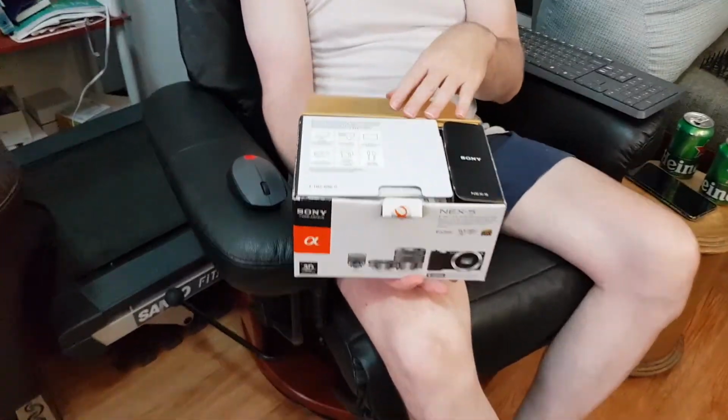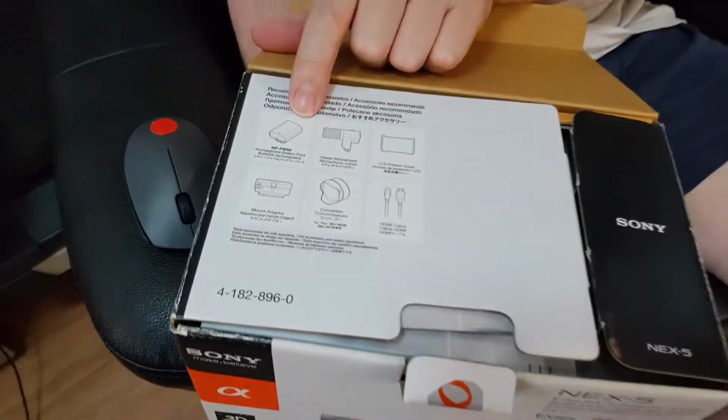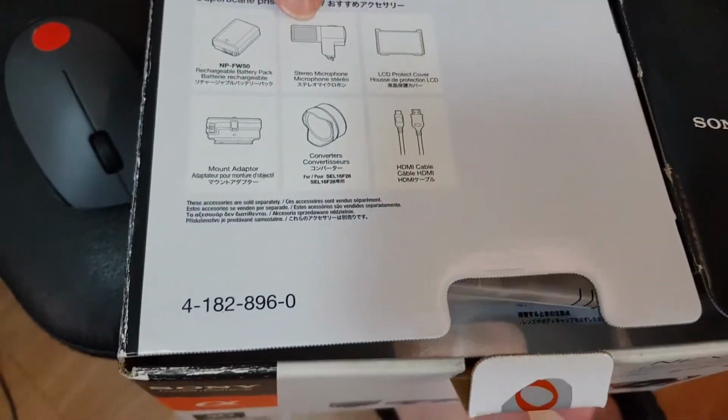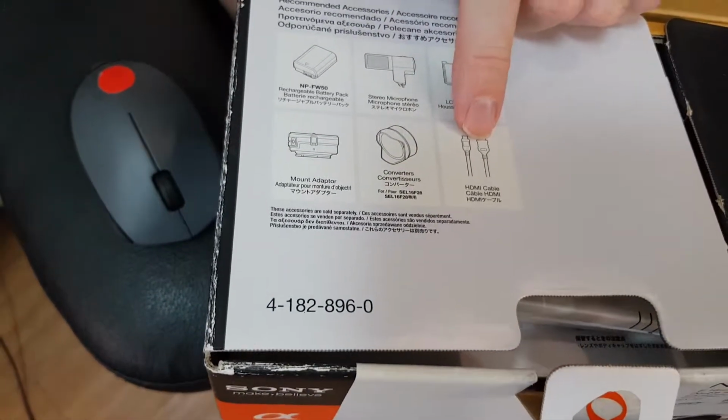So it supposedly can take 3D panoramic pictures and also HD, FHD video, 1920 by 1080p. And it has an 18 to 55 millimeter lens included. So on the inside of the box it shows the recommended accessories that go with this camera. A mount adapter, a battery pack, extra battery pack, a microphone, stereo microphone, a protective cover for the LCD panel, HDMI cable,